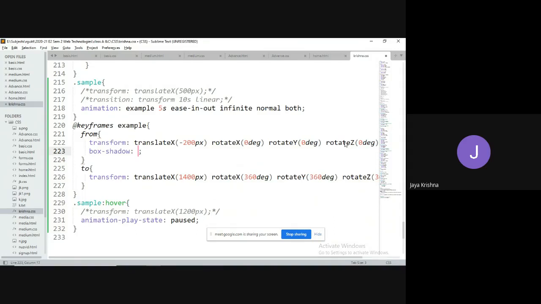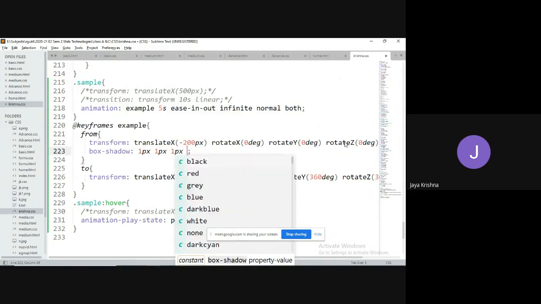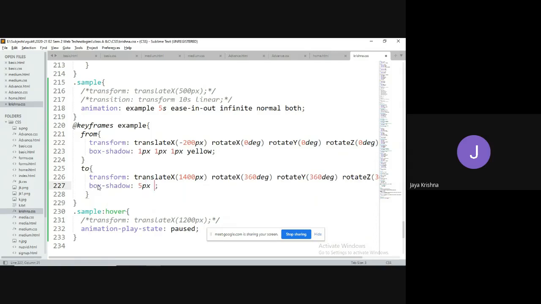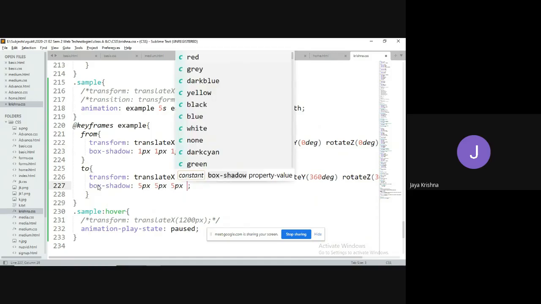I would like horizontal shadow as 1 pixel, vertical shadow as 1 pixel, blurring effect also 1 pixel, and the color of this shadow is yellow. Actually, box-shadow: I would like to have 5 pixel horizontal shadow, 5 pixel vertical shadow, 5 pixel blur, and I need the color as blue so that it will be matched.